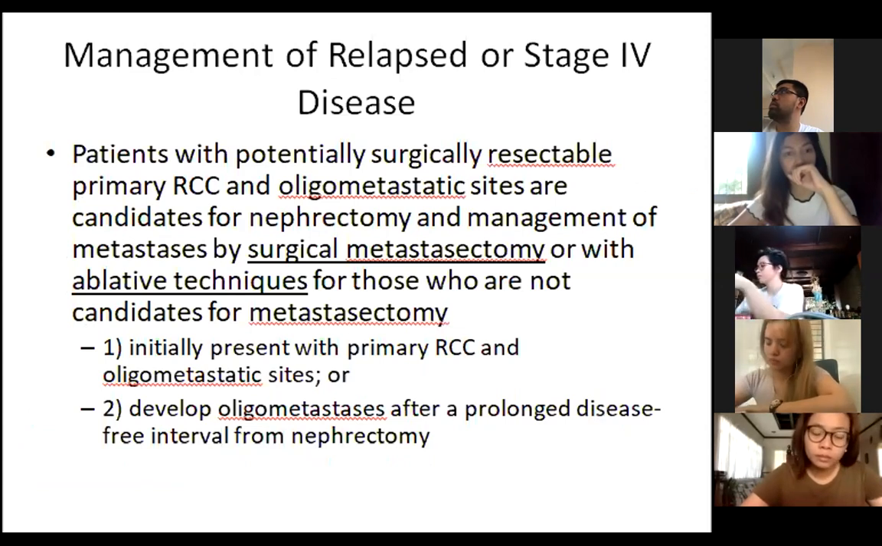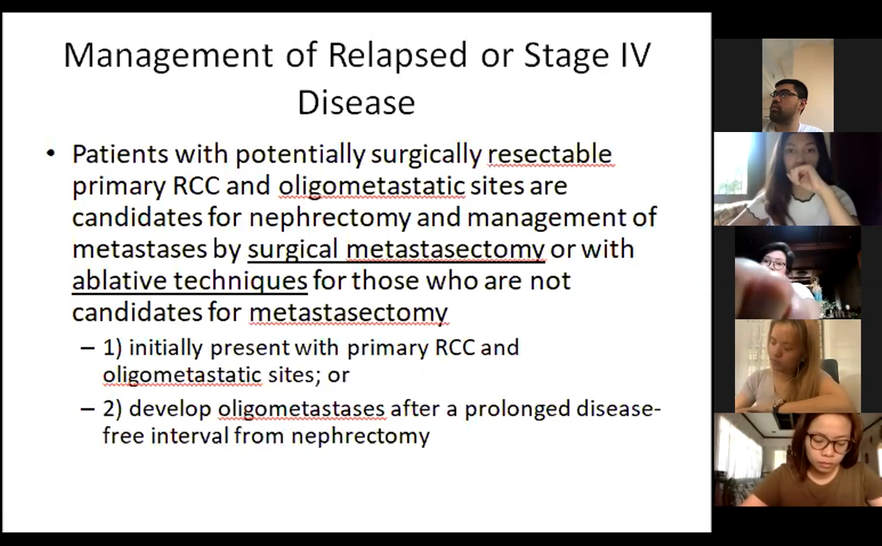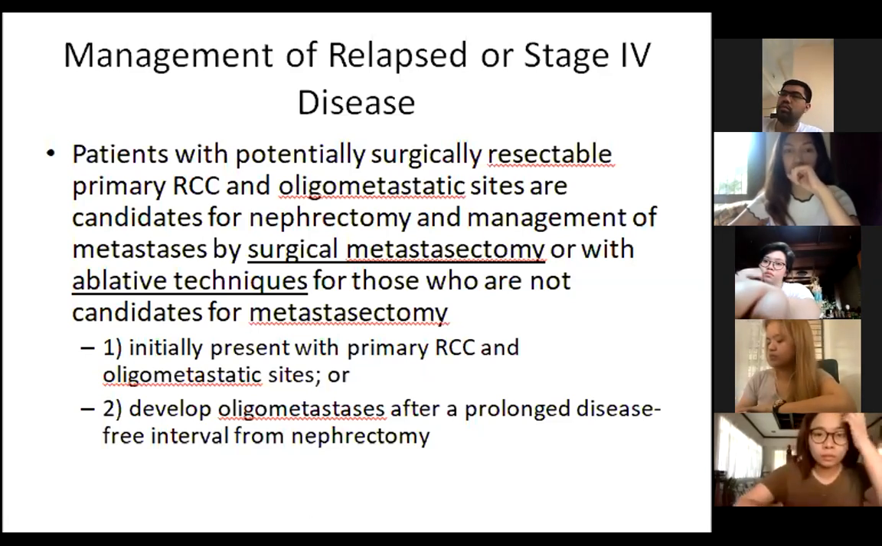So patients with potentially surgically resectable primary RCC and oligometastatic sites are candidates for nephrectomy and management of metastasis by surgical metastasectomy, or with ablative techniques for those who are not candidates for surgery. They initially present with primary RCC and oligometastatic disease, or they eventually develop oligometastasis after a prolonged disease-free interval from